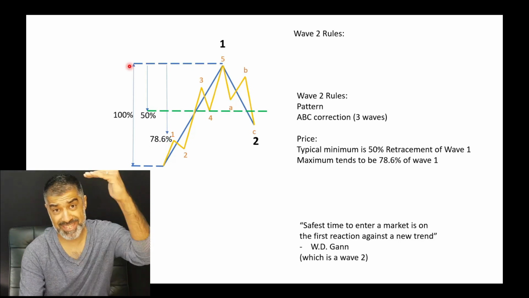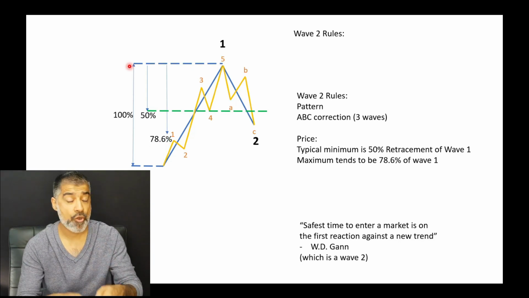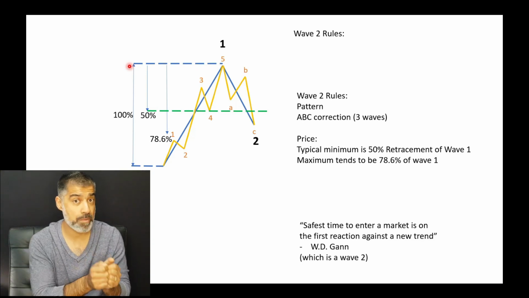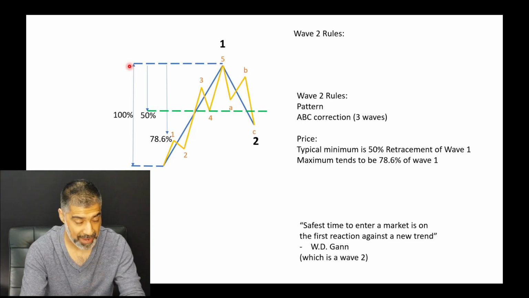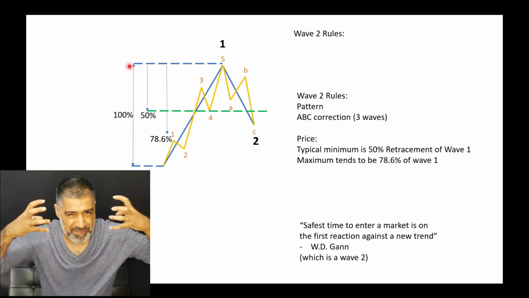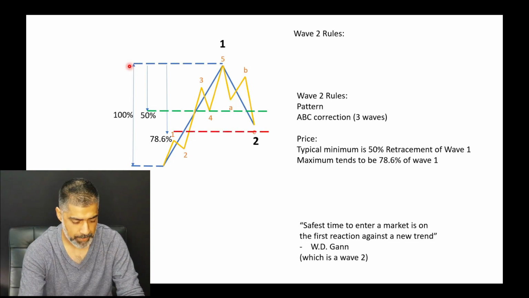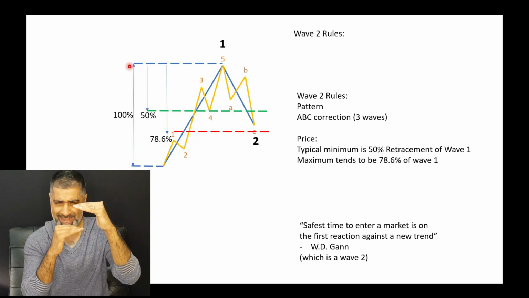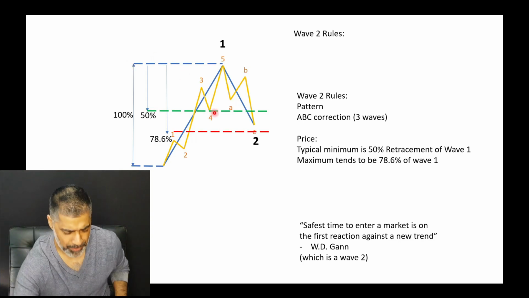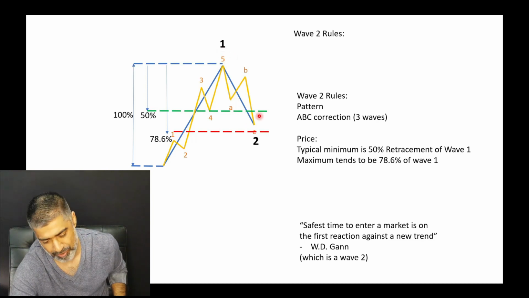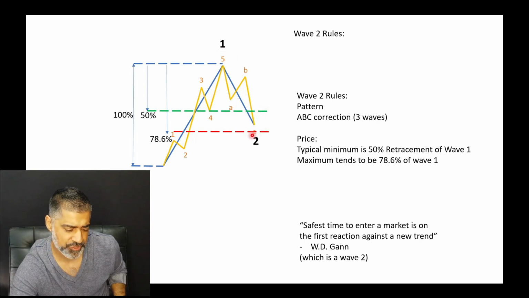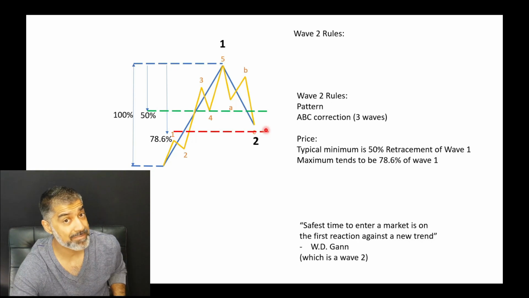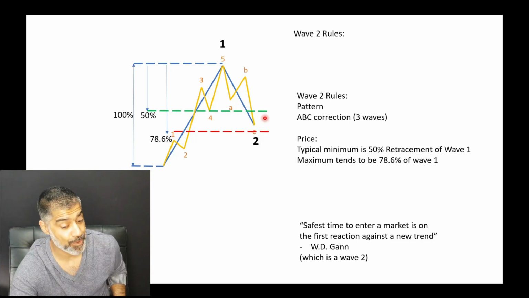The maximum that tends to be most typical, most common, is a 78.6. Remember, this is a ratio that's related to the 1.618 ratio, which is that divine proportion that signifies this mass psychology of the markets. So now we have this really narrow price zone where we can be quite confident that when we're seeing a wave 1 high and we're seeing a correction, the correction should finish in this price zone. That is powerful information that most people are unfamiliar with, especially because they don't combine it with Elliott wave theory.